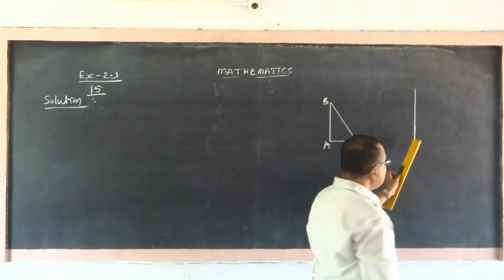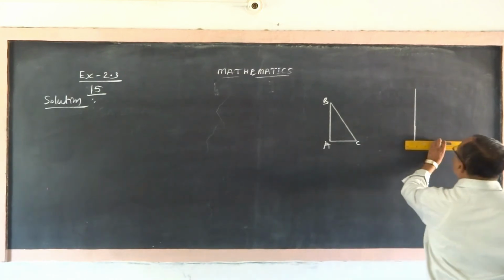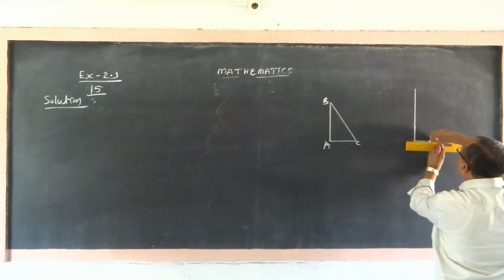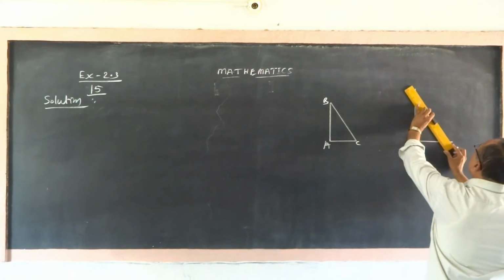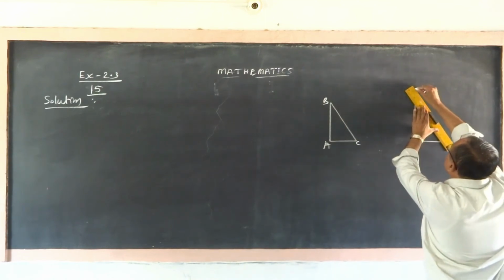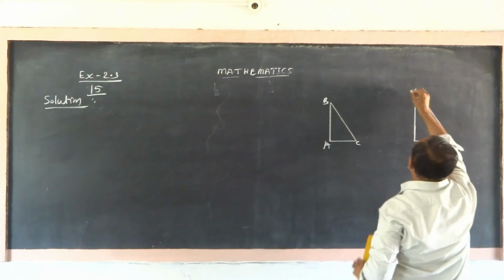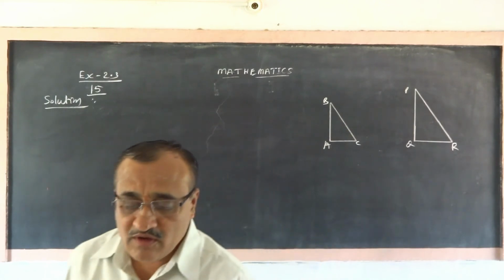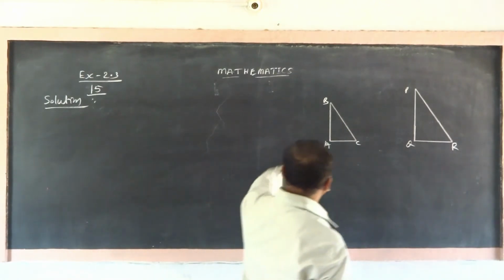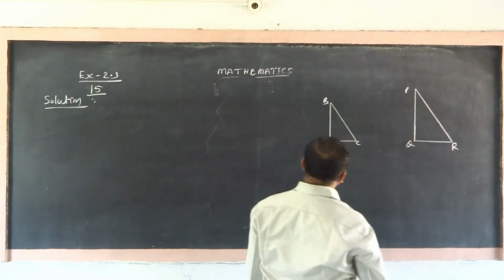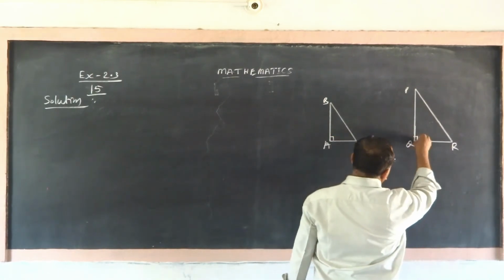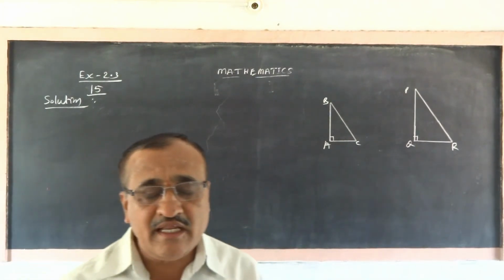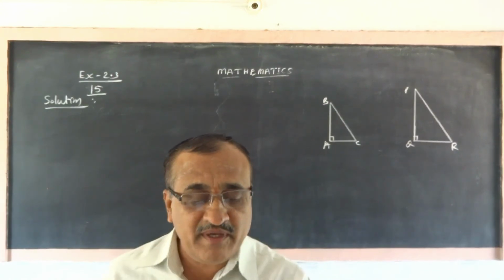Next, this is a tower which casts a shadow. Like this, and let us join it. Say P, Q, R. Now you require to find out the height of AB and the height of PQ. This is perpendicular. Always a tower or anything will stand on the ground in a perpendicular way. So now, on the basis of that, what is that?